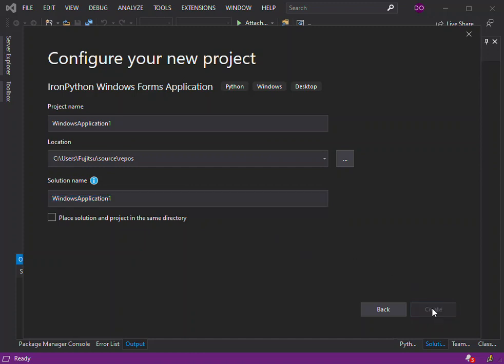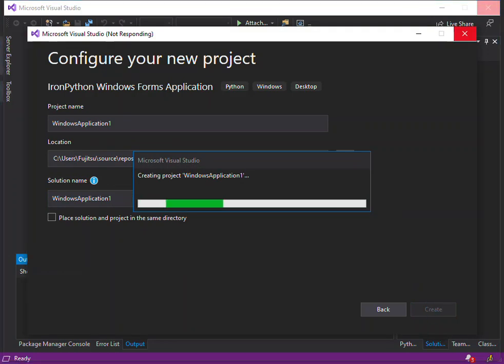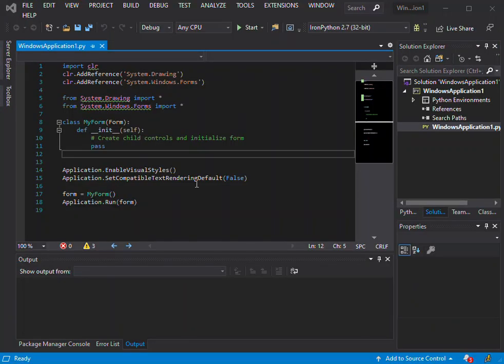So we click on create here. We wait for the whole thing to get up and running. Now, as you can see, we have a new Windows Phone Python application created and ready to just bang on straight. But before we actually run it, I'm just going to speak a little bit about running the Python